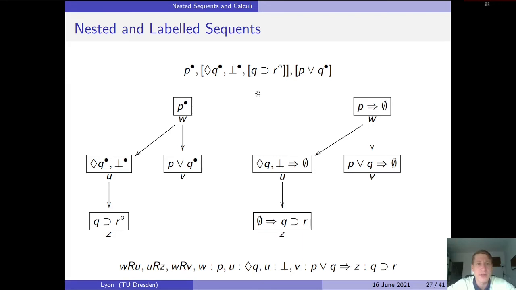So how do we translate from nested to labeled? It's very easy to go in both directions. I'll just explain how to go from nested to labeled, and to go in the opposite direction, you do the opposite operations. So one way to translate is to take your nested sequence, sketch its graph, which I showed you how to do on the previous slide,